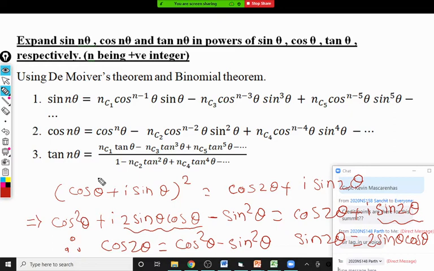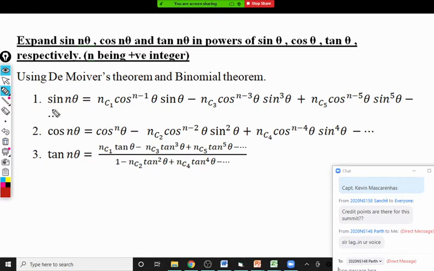Now there are two ways. One way, yes, we can prove this result without remembering these formulas. There is no need to learn any formula by heart. Or if you want a shortcut, if you are not interested in comparing the real part and imaginary part and you want the answer directly, you have to remember these formulas, the three formulas for sin nθ, cos nθ, and tan nθ. So these three formulas you have to learn by heart. That is another way. These formulas are actually derived from the binomial theorem only.